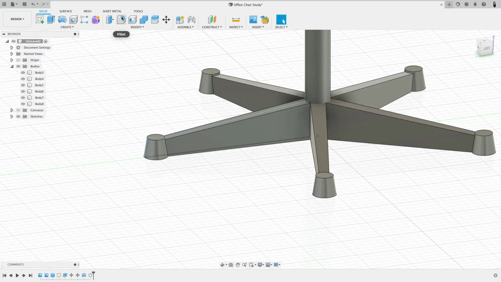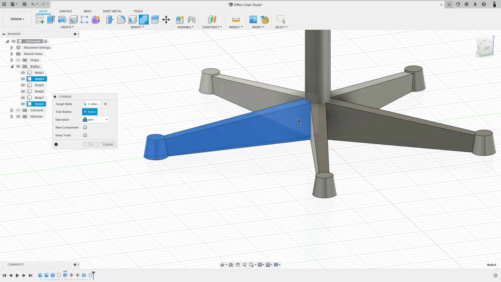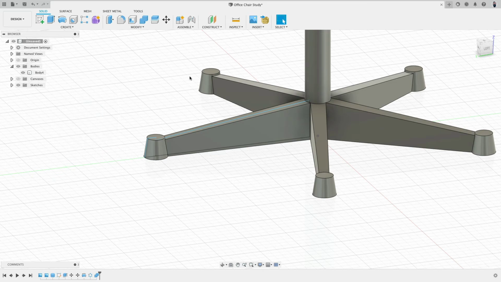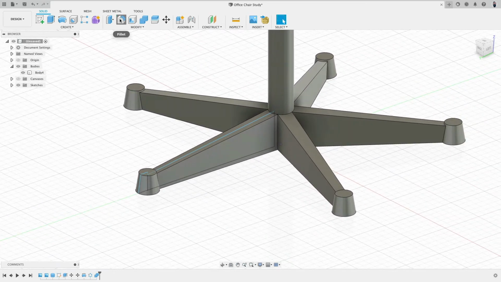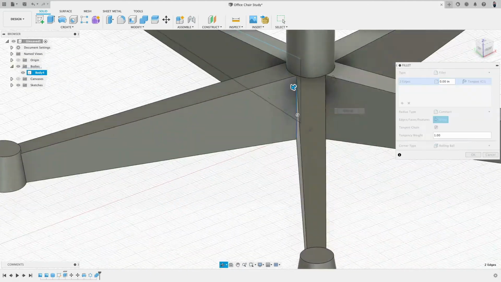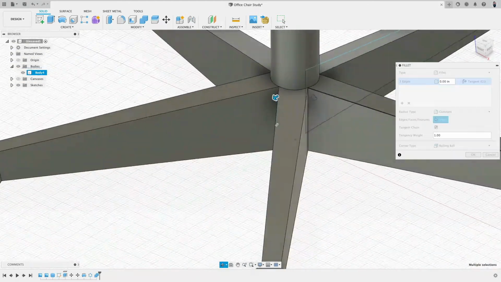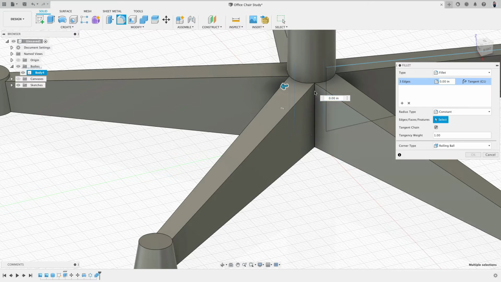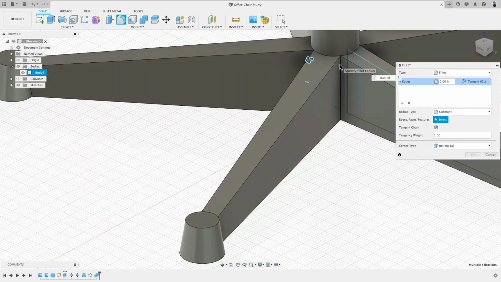It can slow things down. Which is why I join everything together. Very good. Then I can go ahead and say in the first pass, I will round all these edges,